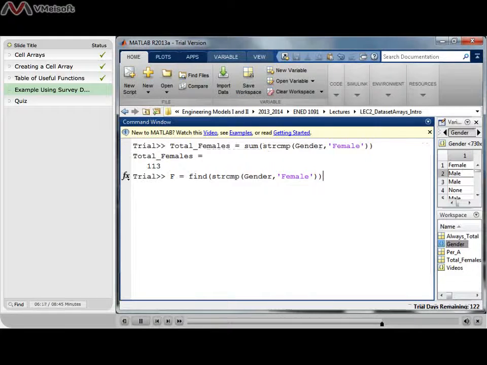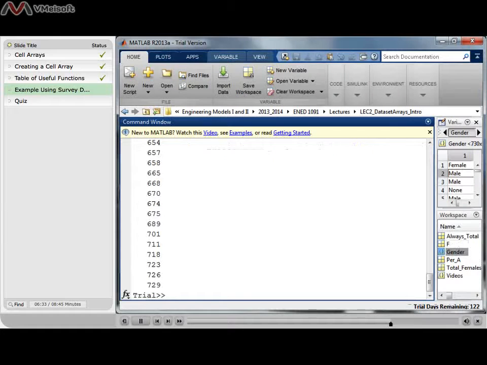So you can see here I have f equals find string compare gender to female, and ordinarily I would put a semicolon behind this because there's 113 women that responded to the survey, but in this case I'm going to go ahead and leave it off just because I want to show you what you get back. Alright, so I get a lot back, but if I scroll up to the top here,